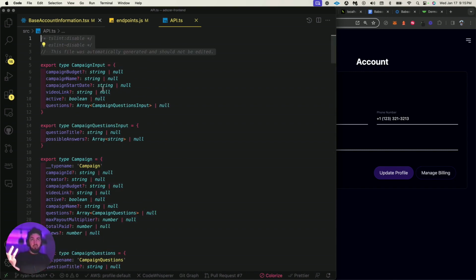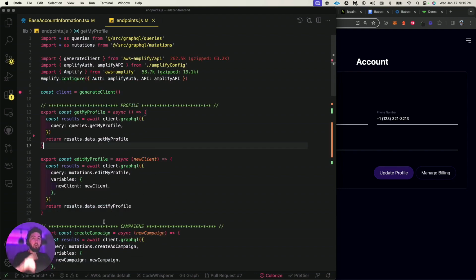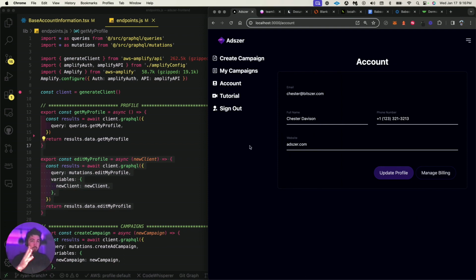Even at the top of the file, it says do not touch this file because it's generated from AppSync, not self-generated. But we can obviously make our own self-generated contracts as well. But what I do then as well is, when you pull in the contract generation from AppSync, you get all your mutations and queries with it. So the two that we're focused on today are just going to be getting the profile and then updating the profile, because that's all we're looking at. It's just profile, edit, mutation, and query.